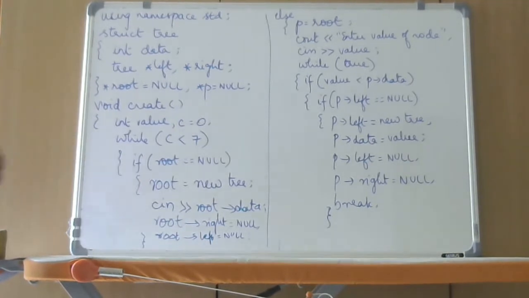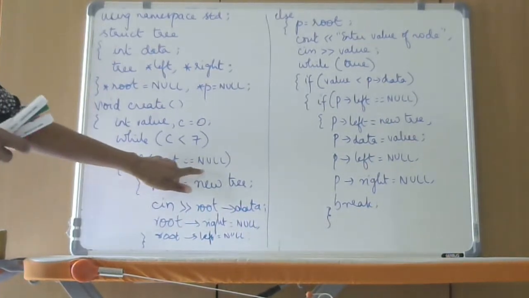So first we are checking if root is null. That means assuming that the tree is empty. How do we check if a linked list is empty? We used to check if start is null or head is null. Correct. So similarly here we are checking if the tree is empty, that means there are no nodes at all. How do you check that? If root is equal to null.